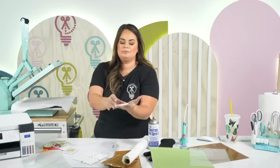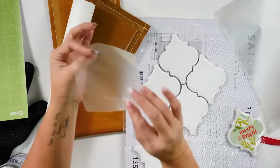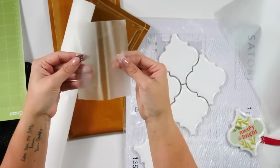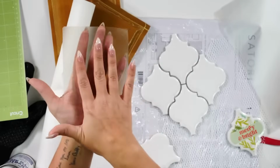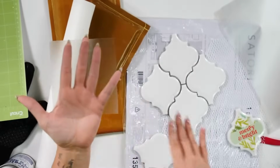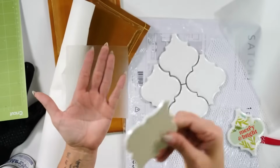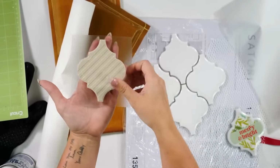If we'll go overhead, the side of the laminating sheet that you're going to be using is the matte side. As you can see there, this is kind of like more of a matte. This is your shiny side. So the matte side is the side that's going to have the adhesive on it. So you're going to place it with a shiny side down, matte side up, ornament with the white facing down,